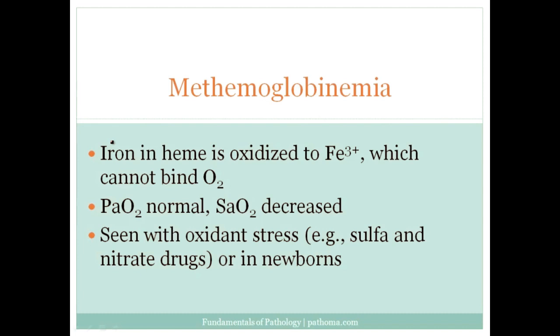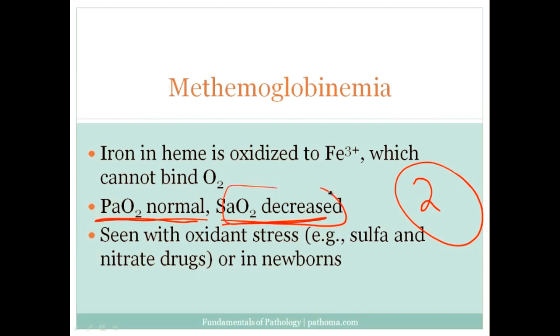Now in this particular case, the PaO2 would be normal, and we've already covered this. There's no change in the FiO2. There is no change in the PAO2. The lung is able to fill and gather oxygen and blow off carbon dioxide appropriately. And so therefore the PaO2 in the blood, the partial pressure of oxygen within the blood, would be normal. The SaO2, however, is decreased because if you've got a red blood cell, and the red blood cell is only able to carry, for example, 2 molecules of oxygen instead of the normal 4, that would be a 50% saturation, and so the SaO2 would be decreased.